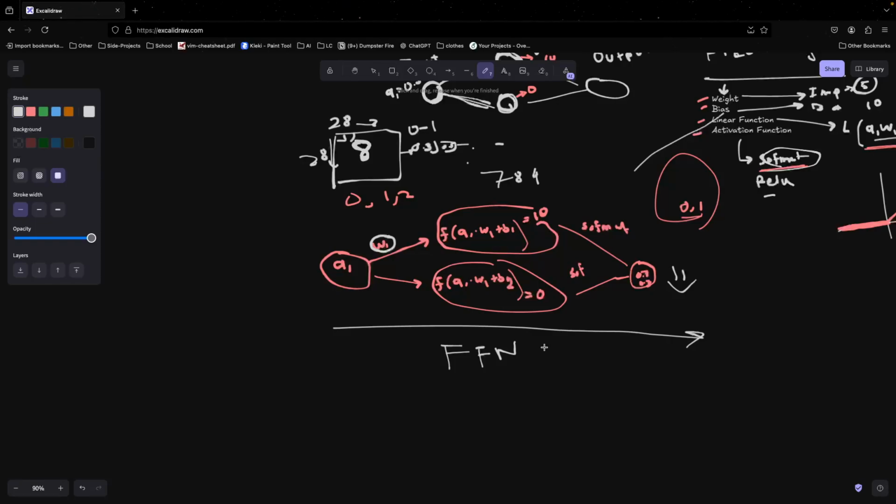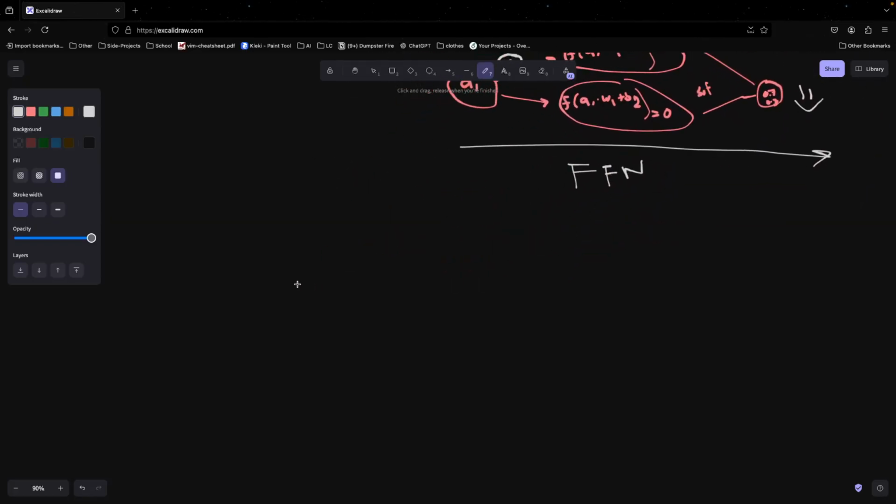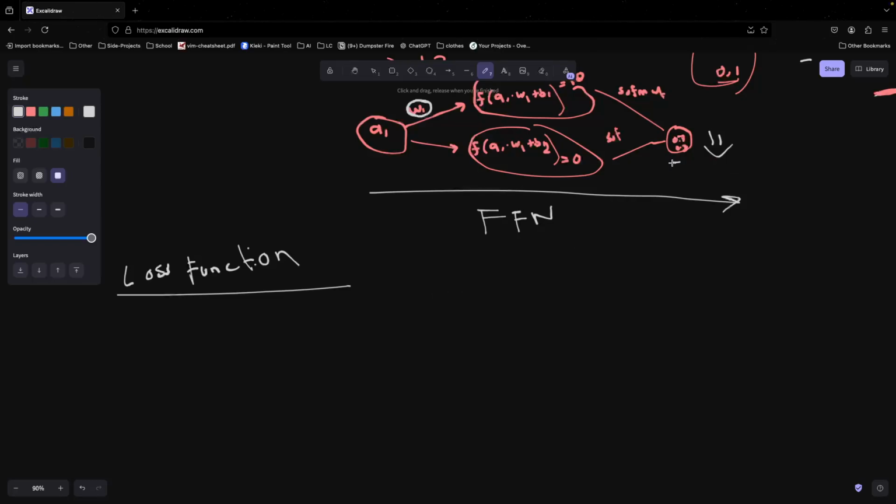And how do we do this? To do this, we have to introduce a concept called the loss function. Similar to the activation function, it has a job. So softmax's job is to squeeze the value between 0 and 1. ReLU's job is to make sure anything that's negative gets turned into 0, and anything that's greater than 0 stays the same. The job of the loss function is essentially to take anything that's been outputted,